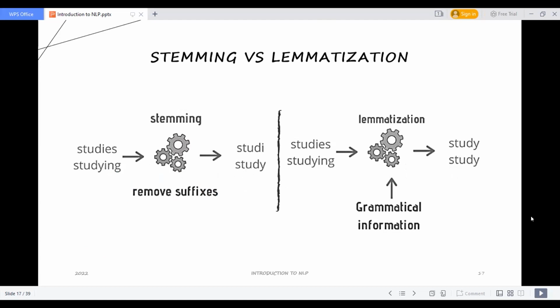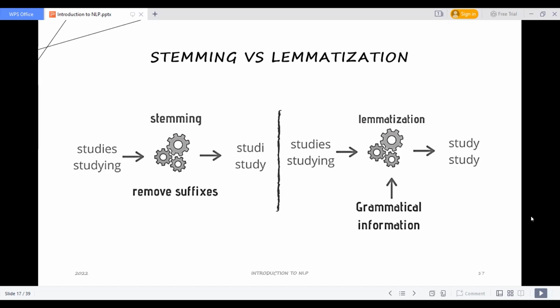So take studies: I will do my study, I will complete my study. Do these things make any changes? The study is study, apart from changes of past tense, present tense and future tense, something like that. So what stemming does is remove the suffix, and what lemmatization does is remove the grammatical information.